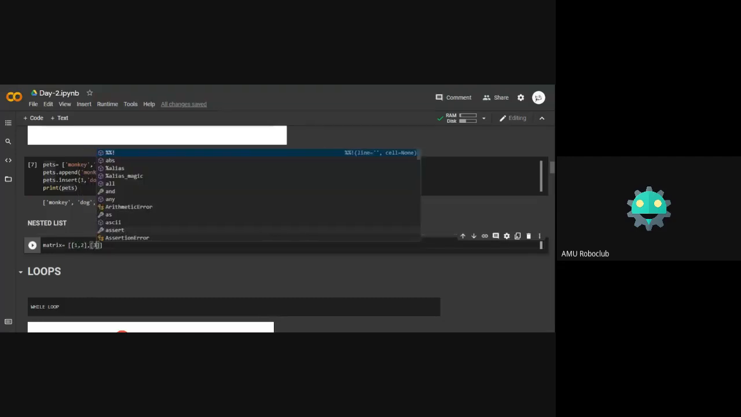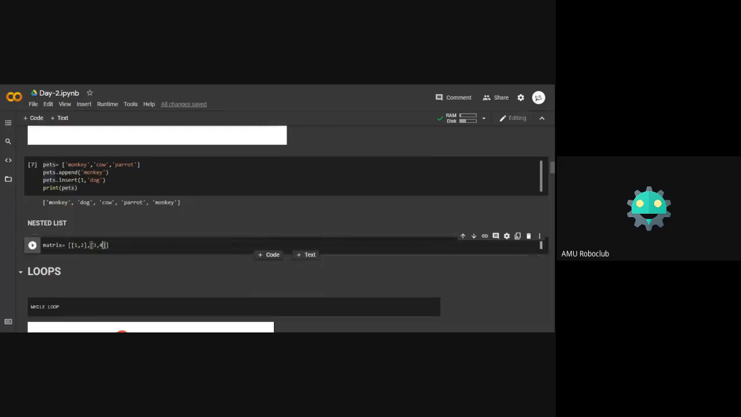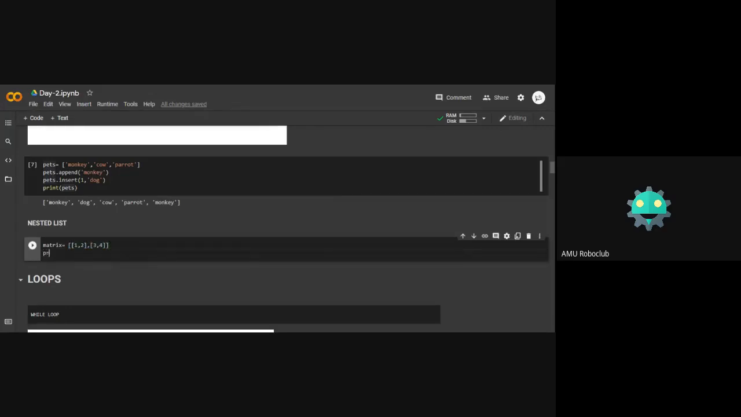So as you can see, I'm entering a list inside a list. This 1, 2 is a list as it is in the square brackets. And it is also inside this list where we have 3, 4. So now if I want to access this element,